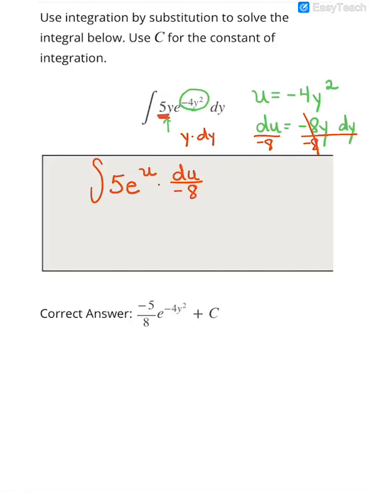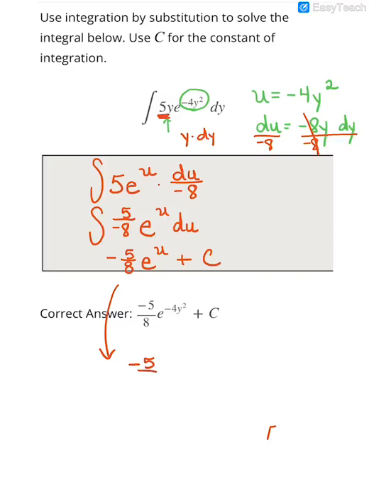So if we want to clean that up, the negative 8 can come up here with the 5. So that would be 5 over negative 8, and then e to the u du. When we get ready to integrate, I'm just going to call it negative 5/8. It doesn't matter where you put the negative. The integral of e to the u is just simply e to the u, and we always add plus a constant. And so for the final answer then, we would have our negative 5/8